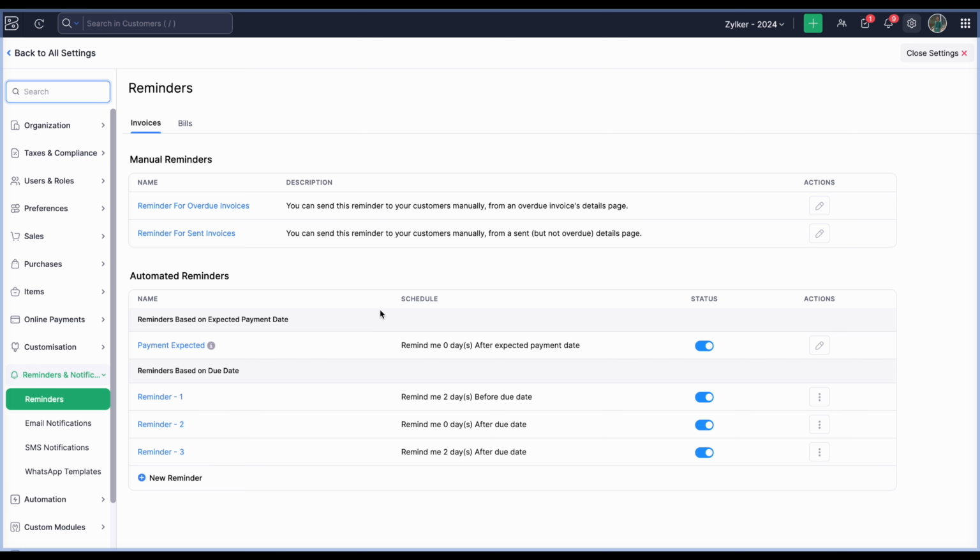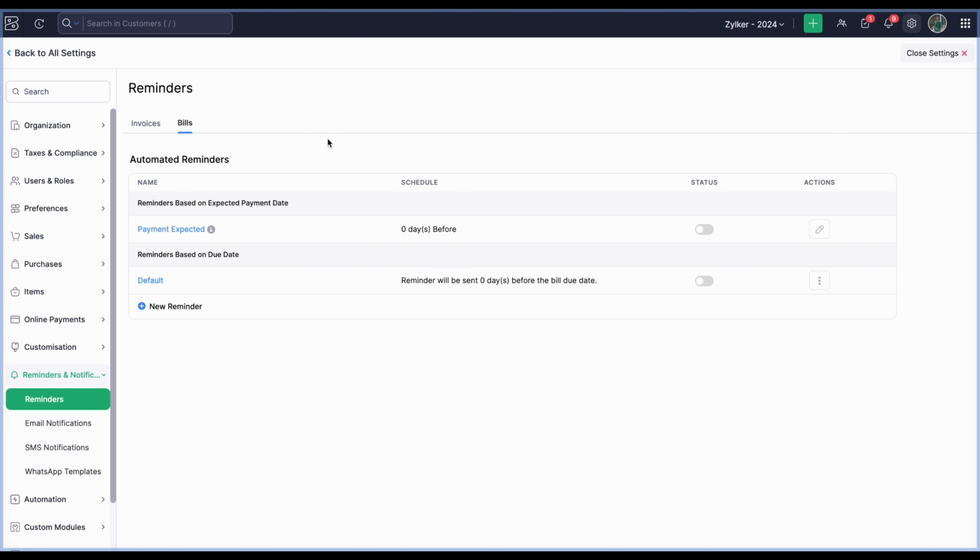So we have set up the invoice level reminders to track our sales and the payments related to the sales transactions. So let's say we are looking into the sales, but we will also have to be in a better position to make the payment to our vendors on the due date, right? So to configure those, we have the bill related reminders as well, the automated reminders related to the bill,